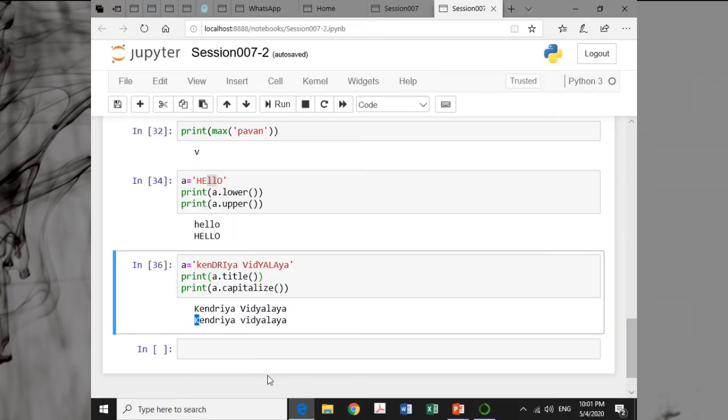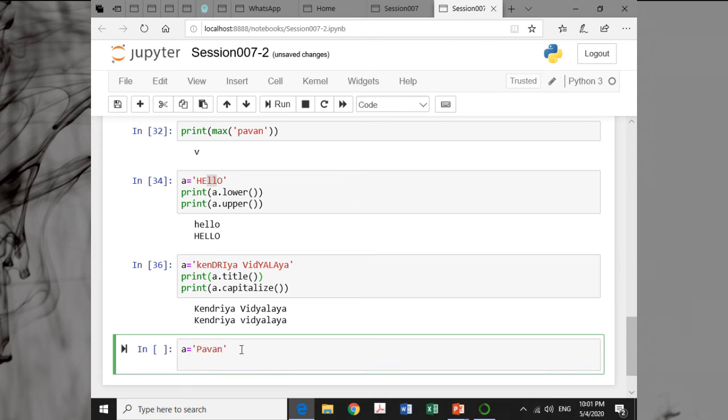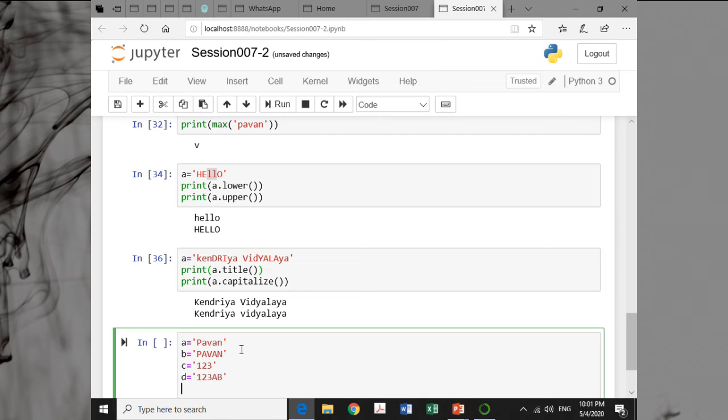Okay. So suppose we are having a is equal to say Pawan, b is equal to Pawan, c is equal to 1 2 3, d is equal to 1 2 3 ab. So we are having these four, and let's start with these four only.